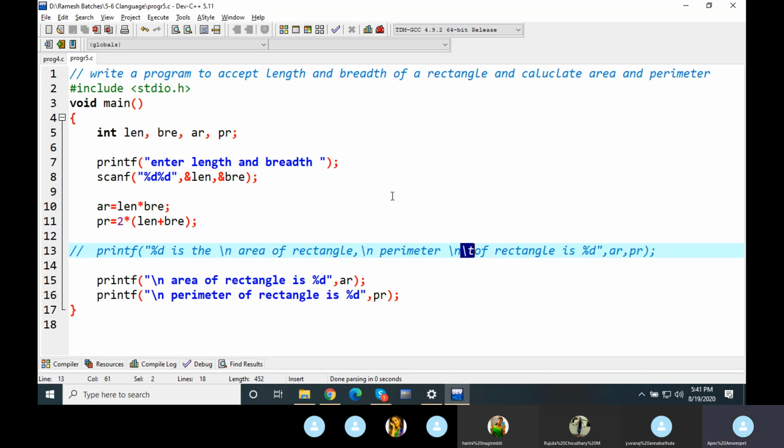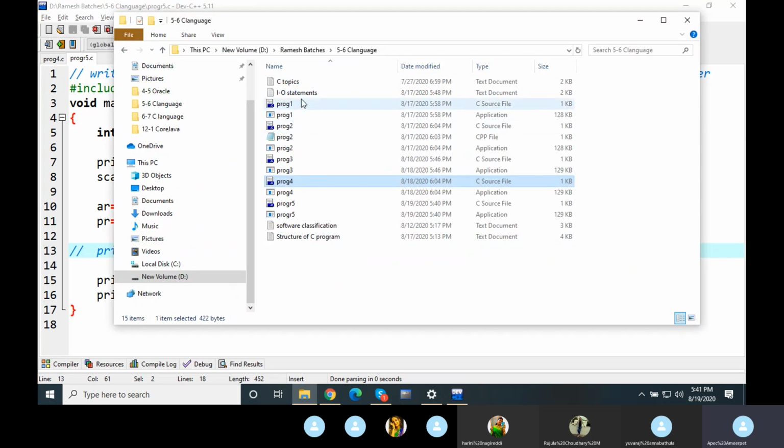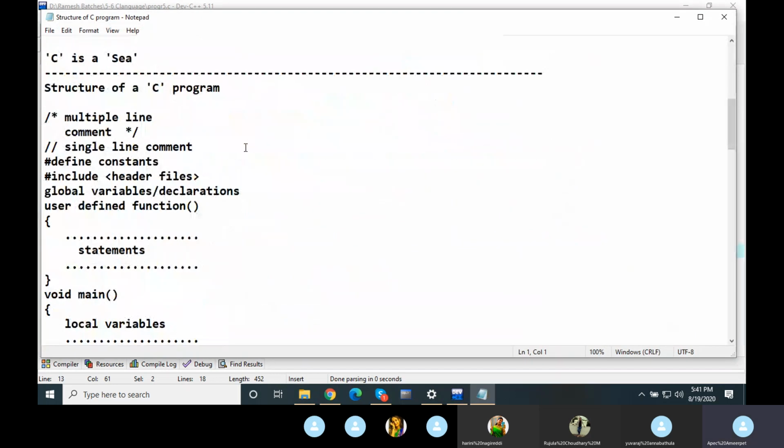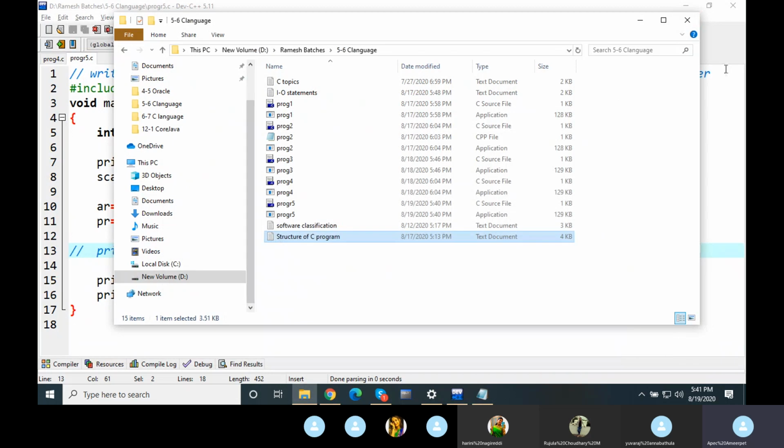I want to introduce you to a few more new things. Some of the things we have already discussed previously, and I just want to refresh you on the same. In the structure of the C program, I told you that we write #include statements, and we can also define some constants, #define constants. I want to introduce you to those constants.